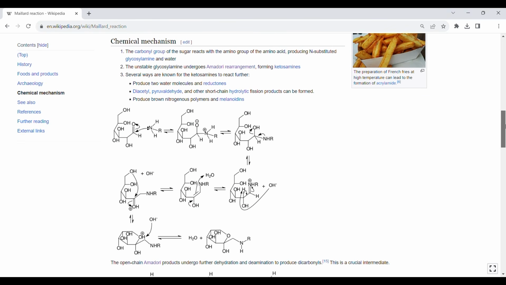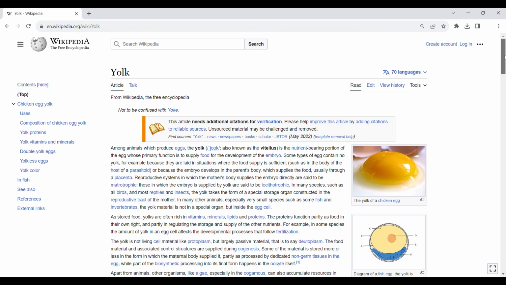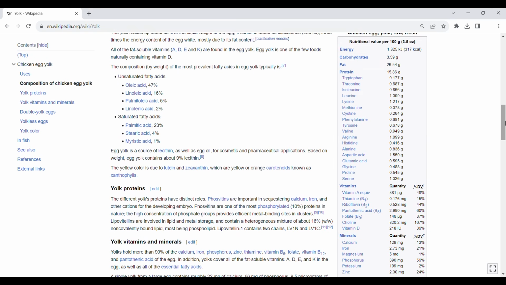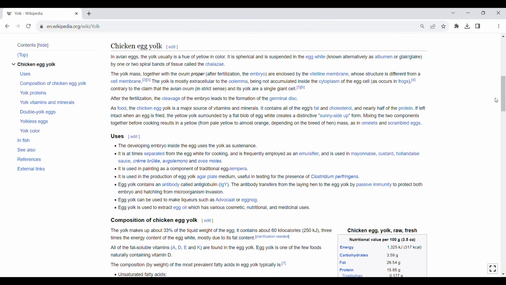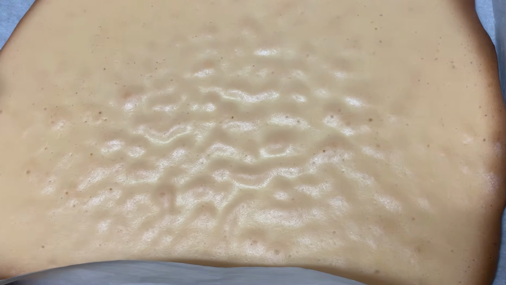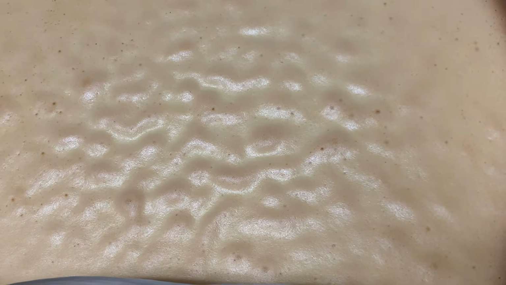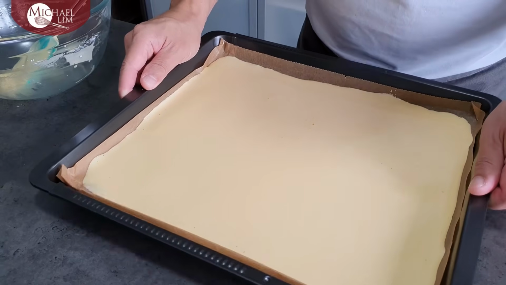I feel like this isn't going anywhere. There are just too many things in food, even in just these three ingredients, to pinpoint what it is that causes some parts to rise and brown more than others. Once I started to get discouraged in my search for morphogens, I thought it might be inspiring to watch the cake bake again. It wasn't until then, watching this baking video by Michael Lim, that I realized